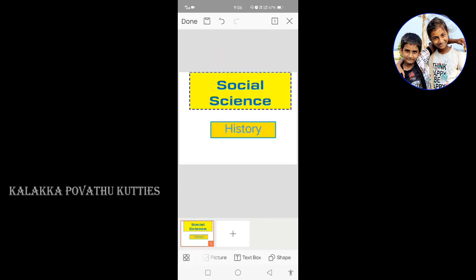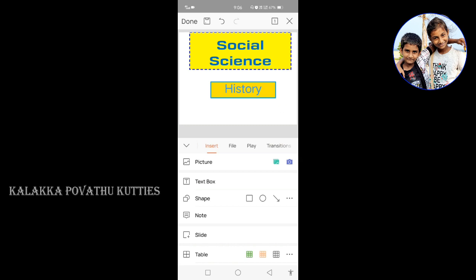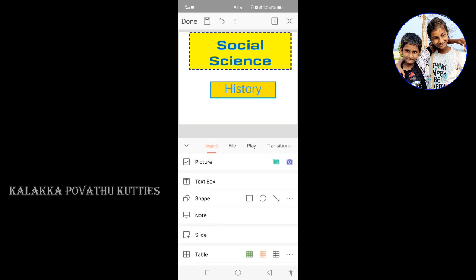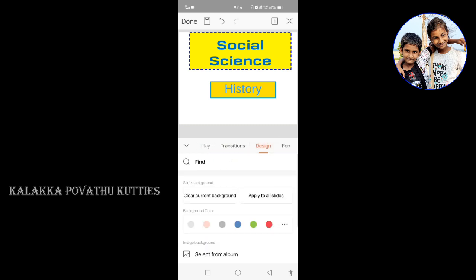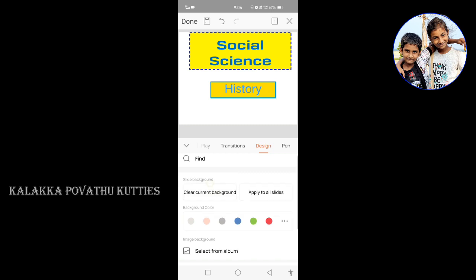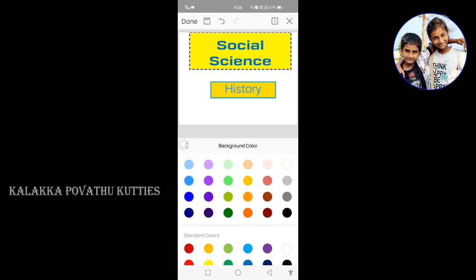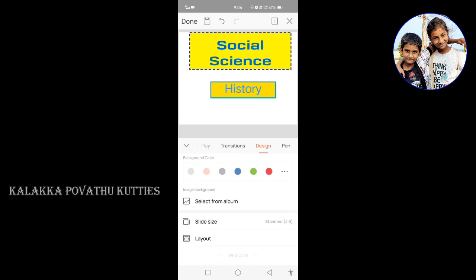Now if we want, you can ask can we give wallpapers which we want. Now we can do that also. If we want that, we can also do that. Now I am going to give design and I am going to give slide background. Here an option is there like slide background, clear current background I am going to give, and background color is there for us. We can also choose background color, and if we have pictures with us which we downloaded or which we have in our album, we can also select that.